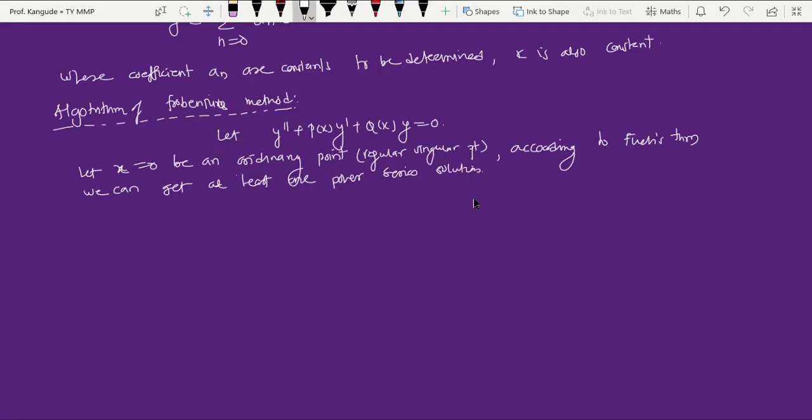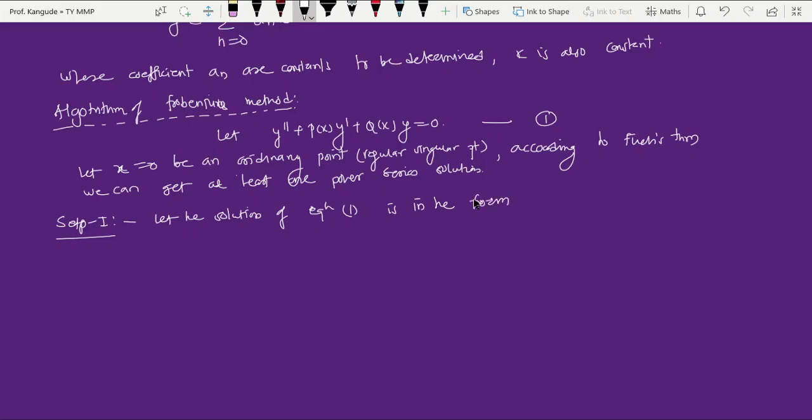Okay. So before that, we have to check the singularity of the point, whether it is a regular singular point or an ordinary point, and that is to be checked. Okay, so there are certain steps. Step 1 is this. Okay, this is my equation, I am calling this equation 1. So whenever such a case exists, there exists a point x is equal to 0. I am taking the origin. If that point is an ordinary point or regular singular point, then as the first step you have to assume that the solution of equation 1 is in the form